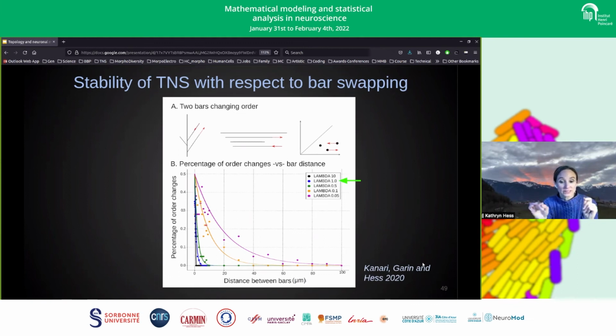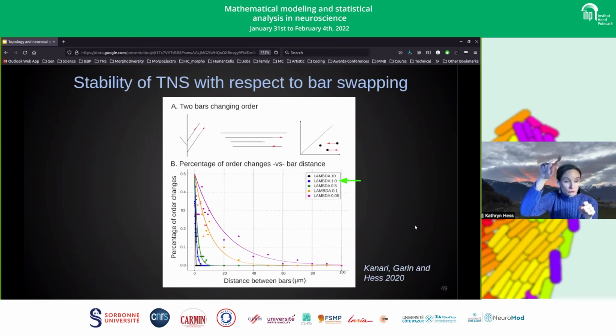And what you want to see is also, if you're looking at this process of starting with a barcode, looking at the associated tree by the topological neuron synthesis, and then calculating the topological morphology descriptor, so getting a new barcode out of it, you could ask: what is the probability that you're actually going to have two bars that change order like that? Focusing on the lambda equals 1 case, which is the most relevant case for us, we see that the probability that two bars will swap places like this when you go through this process